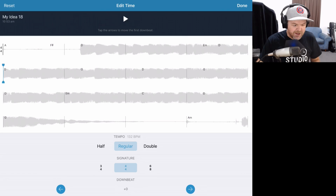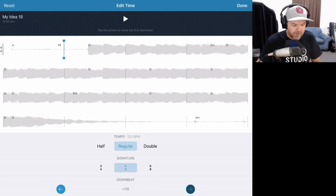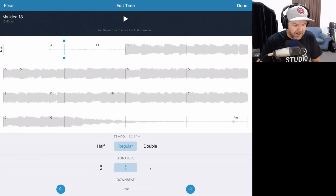So what we can actually do is we can adjust this by pressing on these arrows. We're going to go to the right, in fact, and we're going to go across here. And there you go. It's actually now lined that up. So you can see there where our bar markers are. It has actually got that in the right place now. If we hit play now,